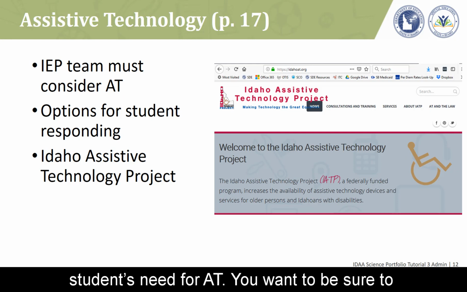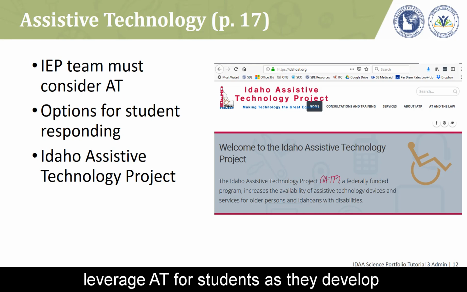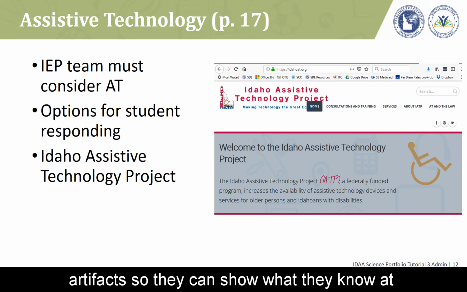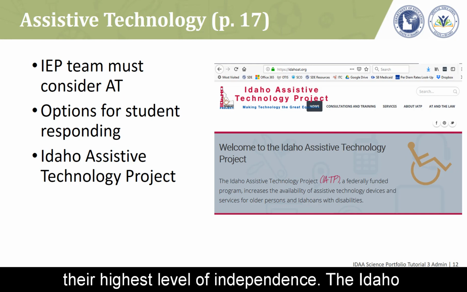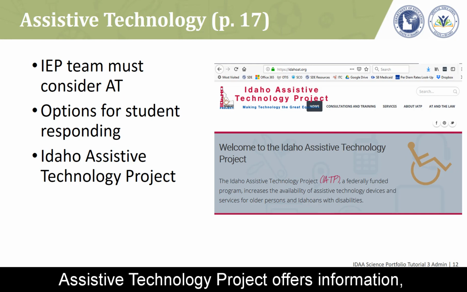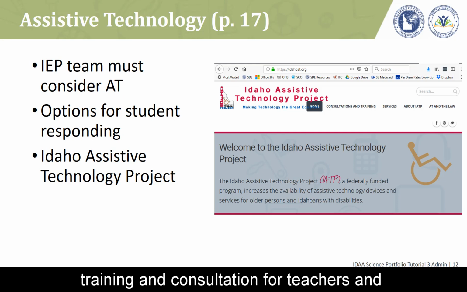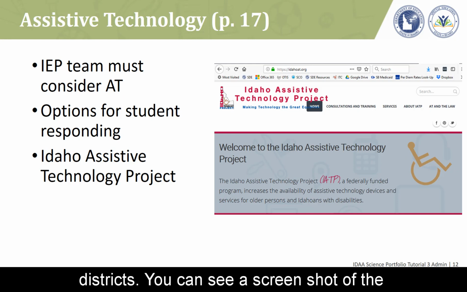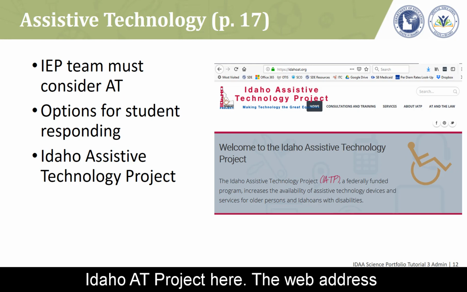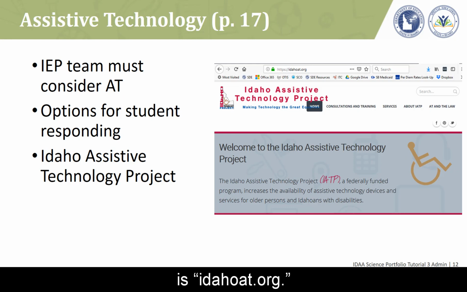You want to be sure to leverage AT for students as they develop artifacts so they can show what they know at their highest level of independence. The Idaho Assistive Technology Project offers information, training, and consultation for teachers and districts. You can see a screenshot of the Idaho AT project here. The web address is